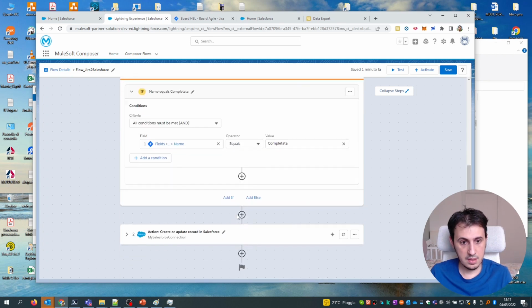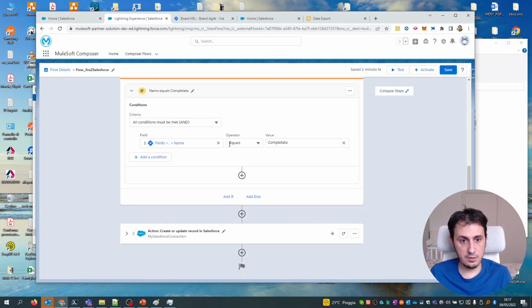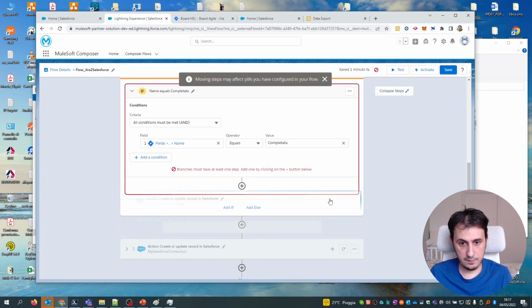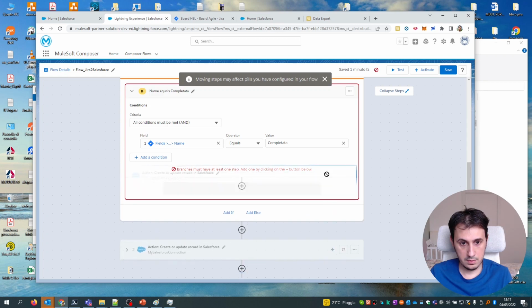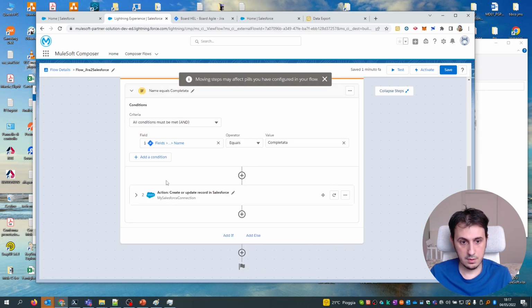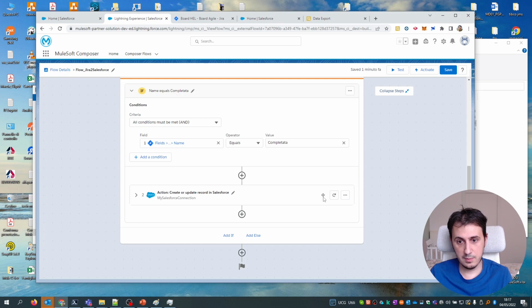So if the field status name equals completata, I want this to happen. Perfect. While if this is not completata, I want something similar to happen.